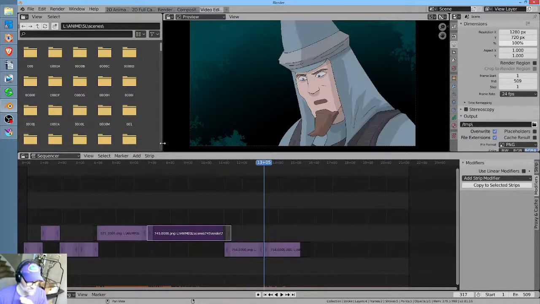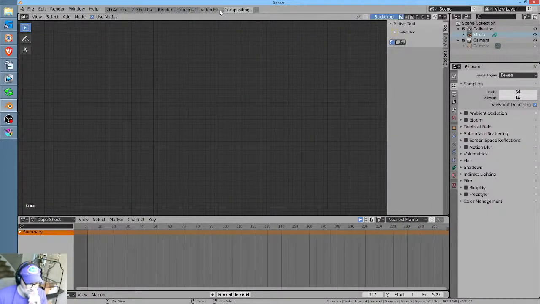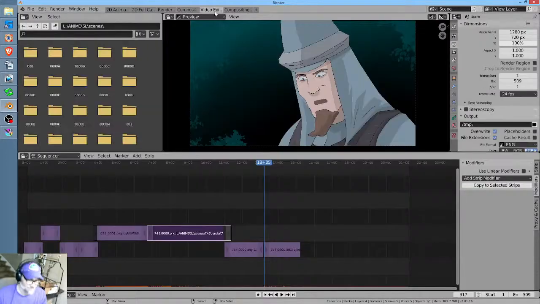And I say that because one of the things you've got to remember too with Blender is that you also have complete node-based compositing baked into the program as well. There's just a few caveats to that, because if you're going to do a composited, a complex green screen shot or something, typically you want to render it out to an image sequence and then bring it into the video